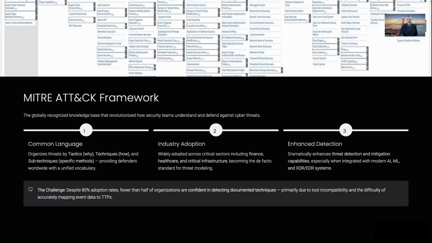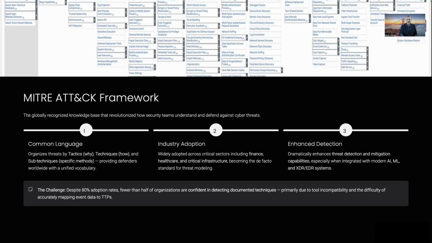Let's look at the MITRE ATT&CK framework. What is it? Essentially, it is a globally recognized knowledge base that has revolutionized how security teams understand and defend against cyber threats. It has a common language which is called TTPs, and that essentially means tactics, the why of how the attacks are being done, the techniques, by which these hackers or attackers plan these attacks, and the sub-techniques or procedures, which are the specific methods. This common language and knowledge provides defenders worldwide with a unified vocabulary. It helps them defend against the different